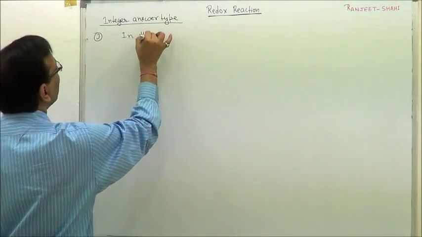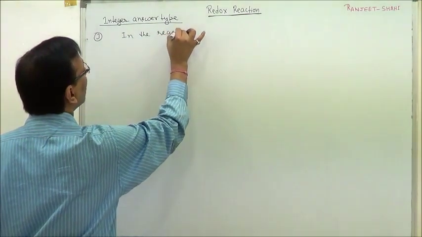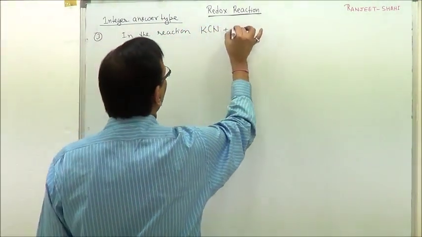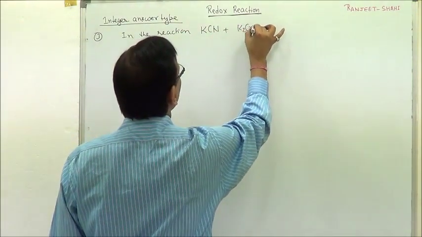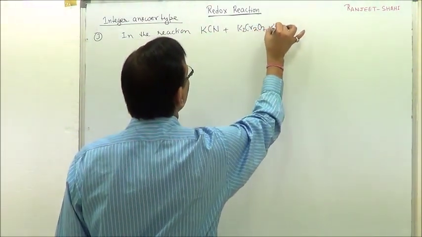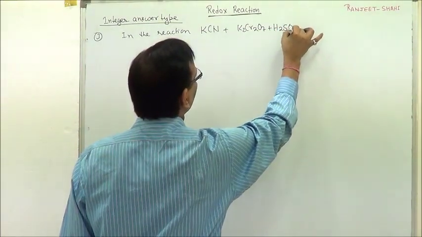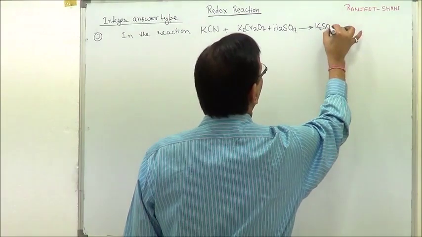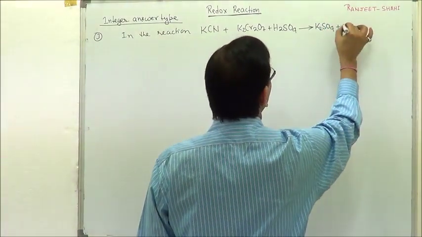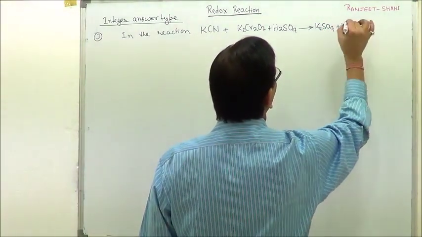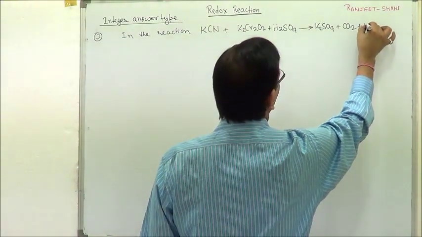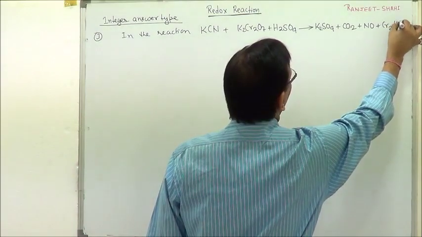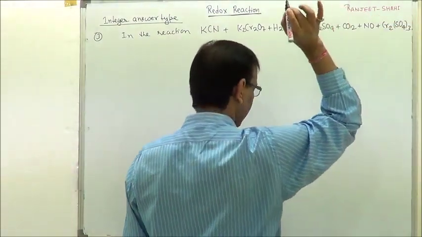The question is, in the reaction KCN plus K2Cr2O7 plus H2SO4 giving K2SO4 plus CO2 plus NO plus Cr2(SO4)3,